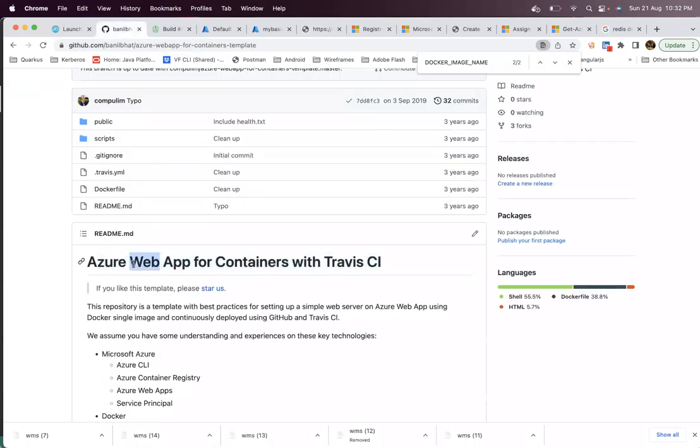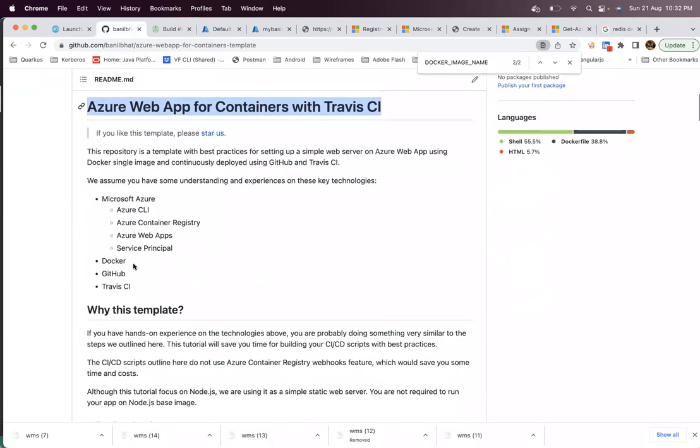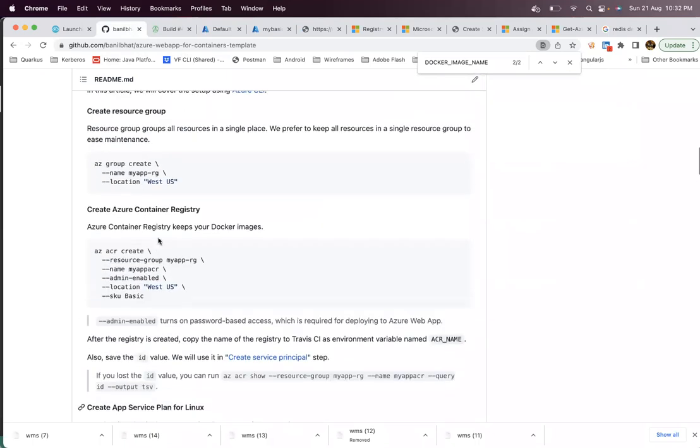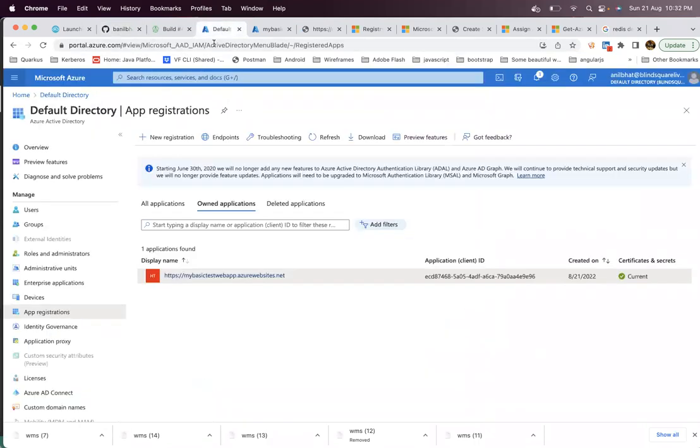Okay, so I would encourage you to just go through this particular repository and follow the steps. If you're comfortable with Azure CLI commands, you just go through the CLI commands, or you can just follow the steps that I have mentioned via Azure portal. You should be good to go. Feel free to ask any questions you have